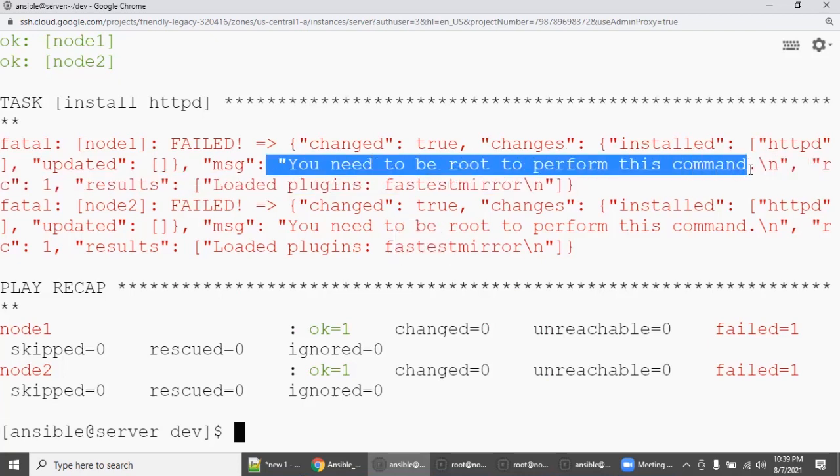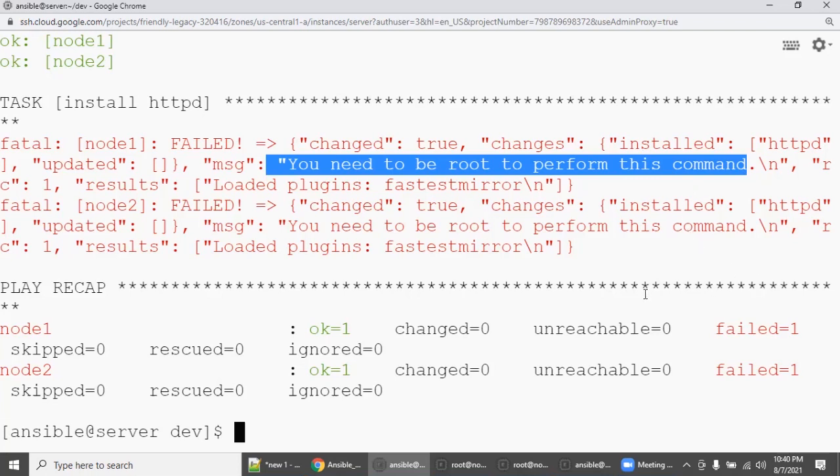You remember in the previous class, we configured visudo. We declared the Ansible user also with sudo privilege. But here, Ansible is still not able to understand. Why? Because you did it at the Linux level, but at the Ansible level, you still haven't mentioned it, right?